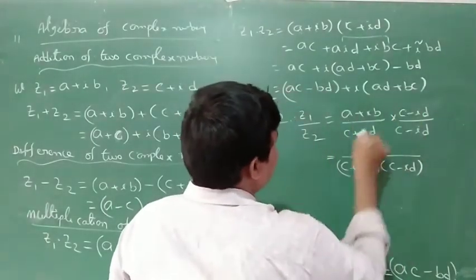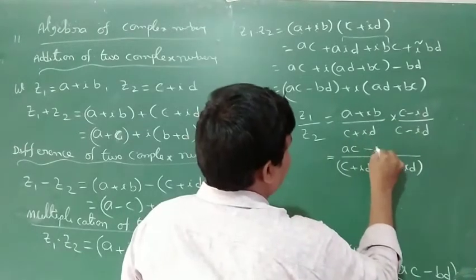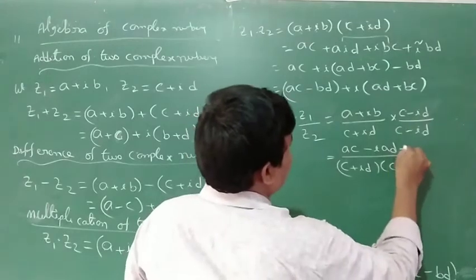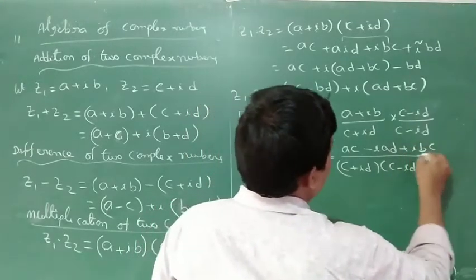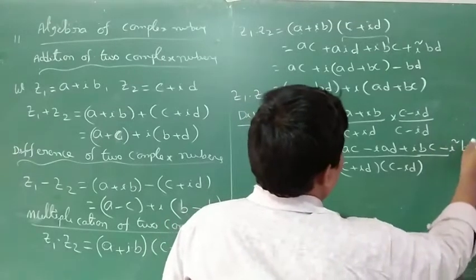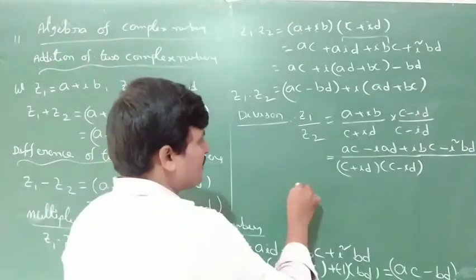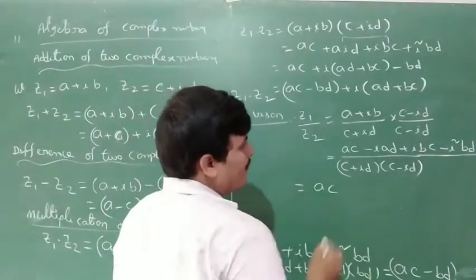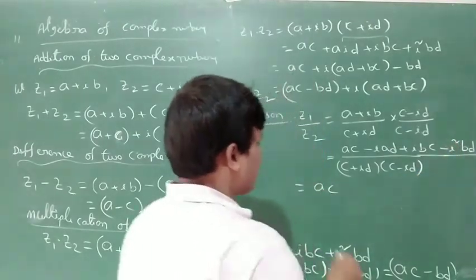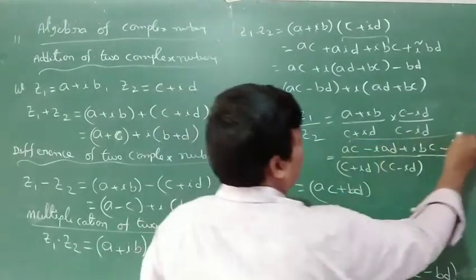Multiply A into C, AC, minus i into AD, A into minus iD, plus i into BC, plus into minus, minus i square BD. So that is equal to AD, this is i square value minus 1, minus of minus 1 plus 1, AC plus BD, the real part,